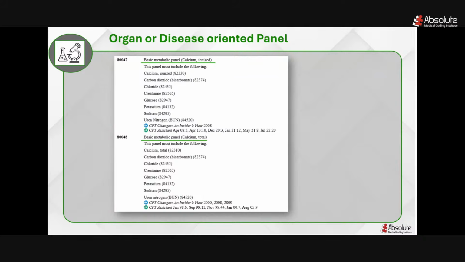And the only difference between these two is that 80047 is coding for a calcium ionized, while 80048 is coding for a total calcium. Yes, over here, let me show you. 80047 is for a calcium ionized, while